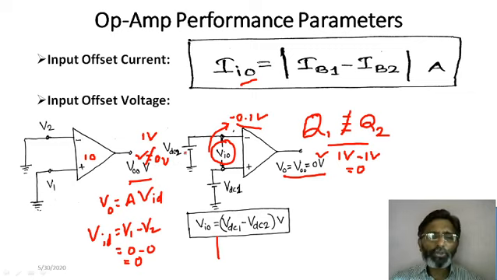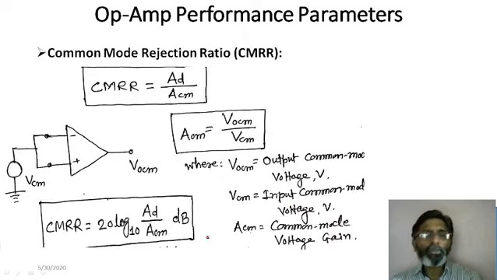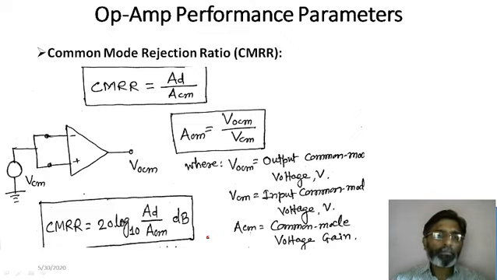In general, I have shown here the input applied to both the terminals, and their values are adjusted in such a way that the difference VID is equal to the required voltage, which will make the output offset voltage 0. So input offset voltage is the input voltage applied at the input terminals of the op amp to make output offset voltage equal to 0. For an ideal op amp, your input offset voltage should be equal to 0. For a practical op amp, it should be as small as possible.